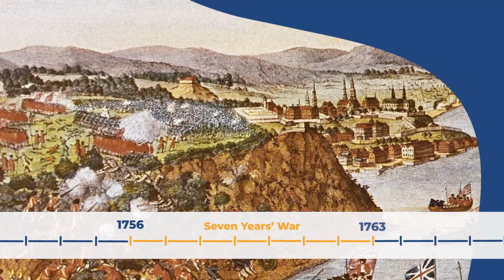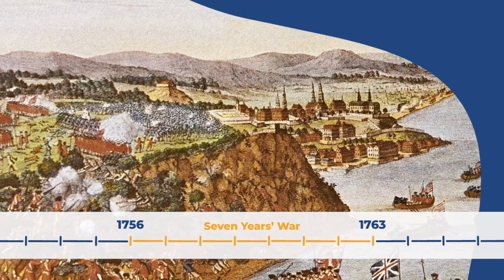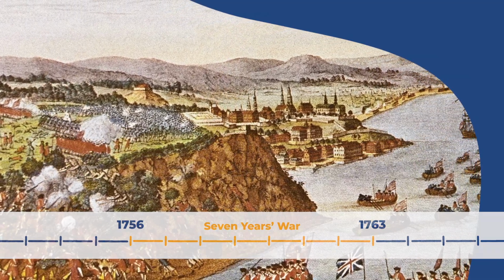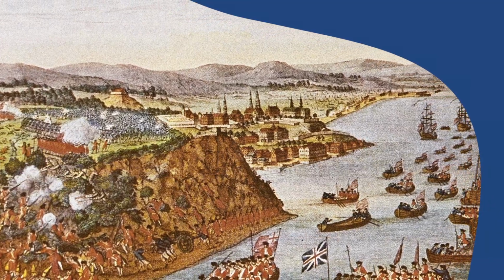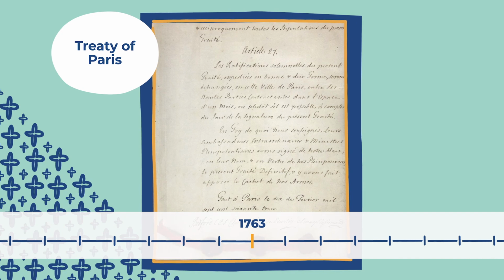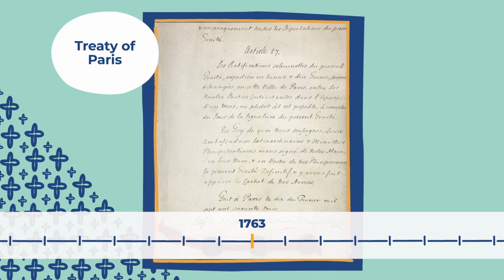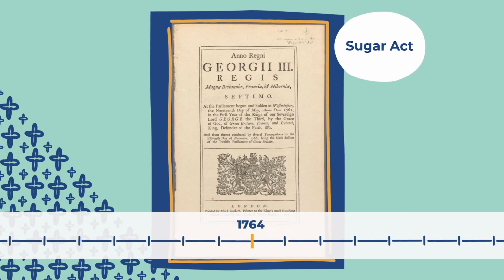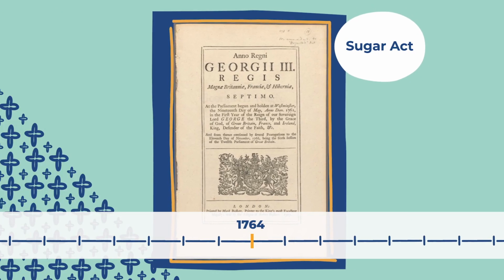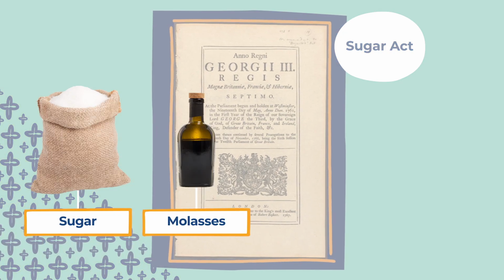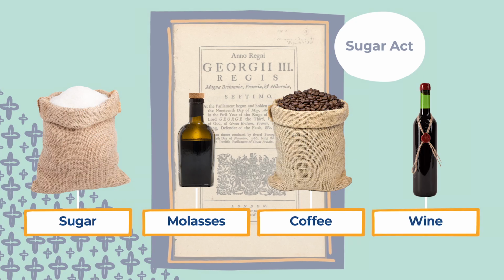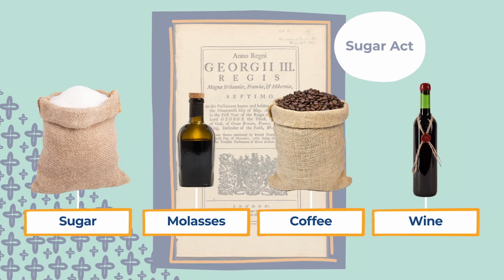In 1756, Britain and its indigenous allies went to war with France and its indigenous allies for control of the upper Ohio River Valley. But victory for the British in the 7 Years' War came at a significant cost. To raise funds, Parliament enacted the Sugar Act, imposing taxes and restrictions on sugar, molasses, and other products like coffee and wine that were shipped to the 13 colonies. This legislation had a detrimental effect on colonial businesses dependent on these products.